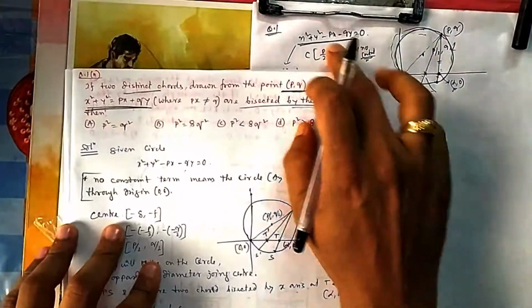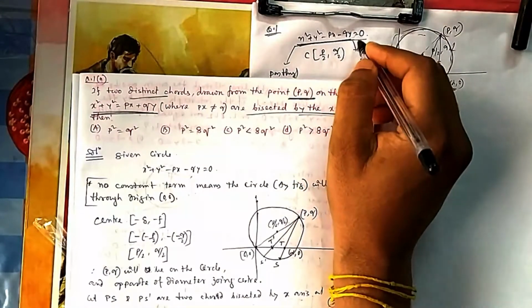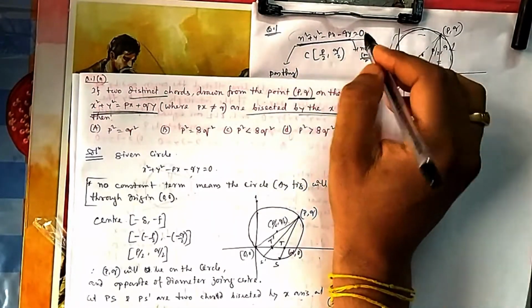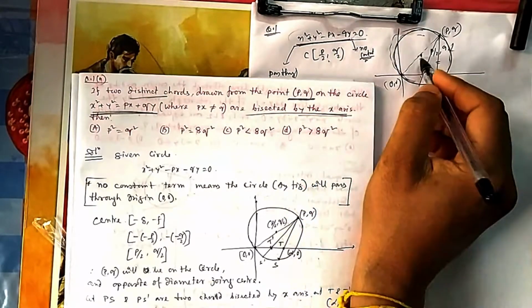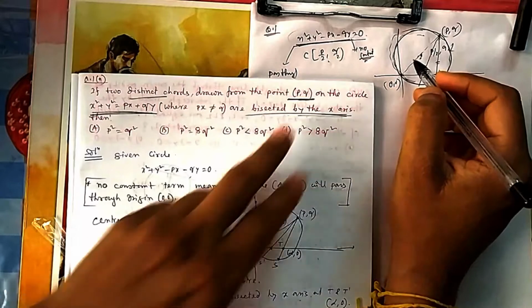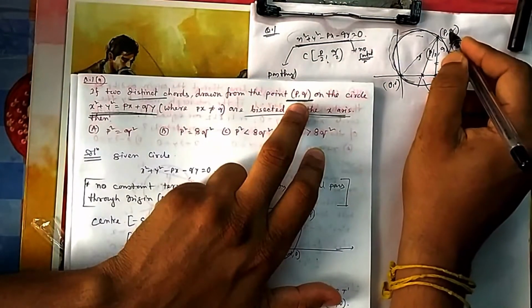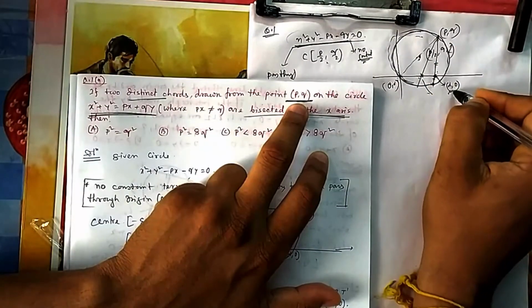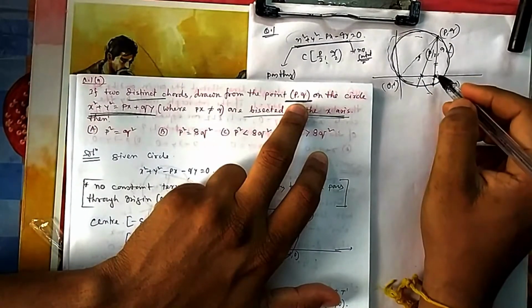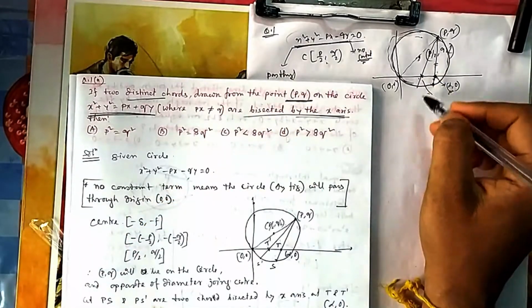If you see a circle, you draw it, because they will not mention everything, and you have to incorporate what is there. No constant, so it passes through the origin. The center is here. They are asking about (p, q) also, so you can see from the drawing that (p, q) is here itself. From there, let me draw, and it has to bisect. This coordinate is this much. Then what can I do? Because it has to bisect, I can find this point, put it on the circle, and it should satisfy.